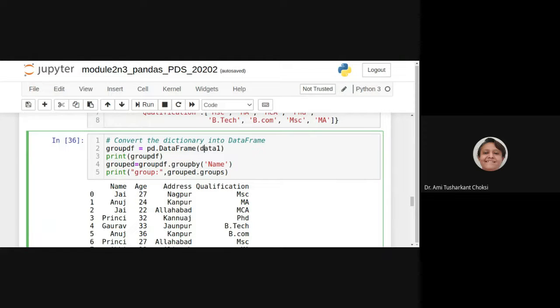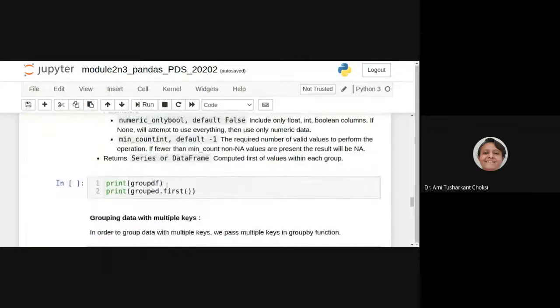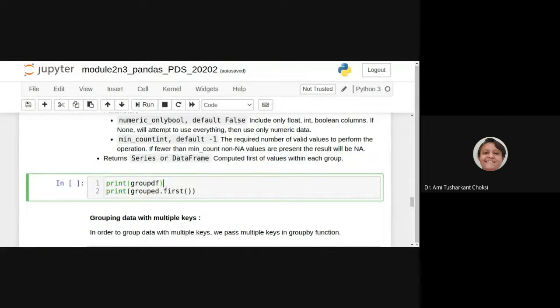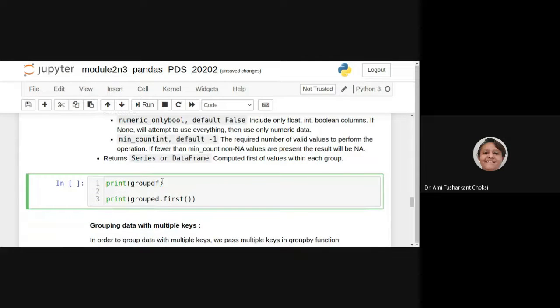Then after, what we are doing is we can have the first method being called, right? Let me see that. We can print this grouped also here. If we want, we can see the difference. The original group DF, then after the grouping, what was there, we have just seen. And then after, we can say that group dot first. Okay, so let me print this also, that is grouped.